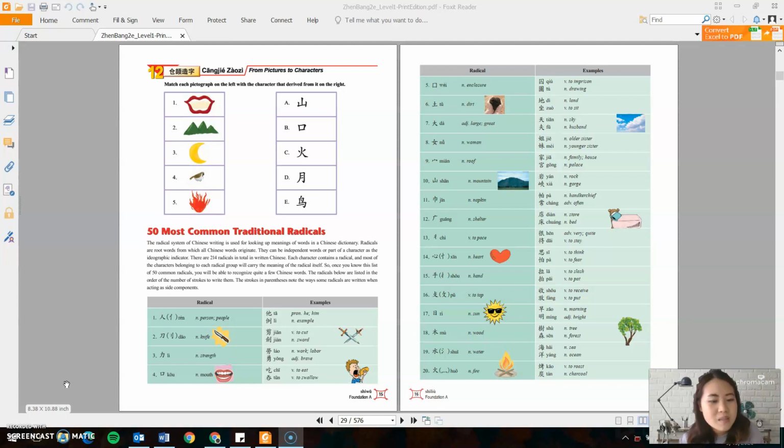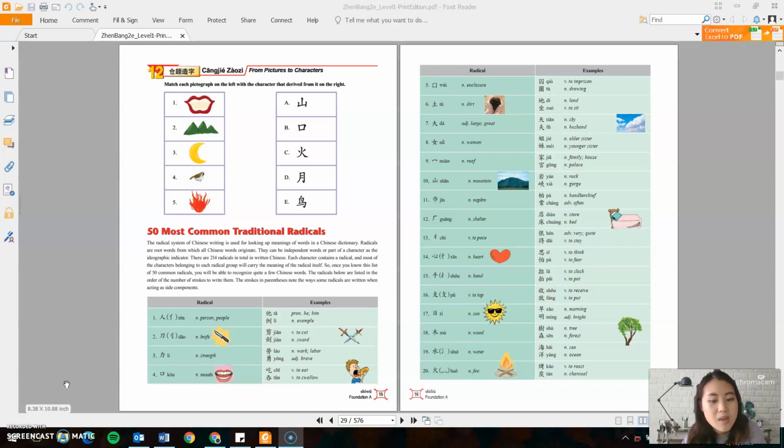The radical system of Chinese writing is used for looking up meanings of words in a Chinese dictionary. Radicals are root words from which all Chinese words originate. They can be independent words or part of a character as the ideographic indicator. There are 214 radicals in total in written Chinese. Each character contains a radical, and most of the characters belonging to each radical group will carry the meaning of the radical itself. So, once you know this list of 50 common radicals, you will be able to recognize quite